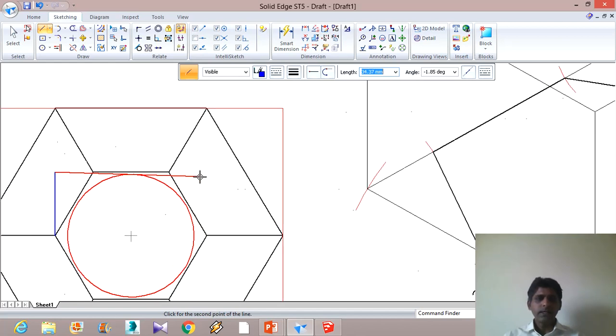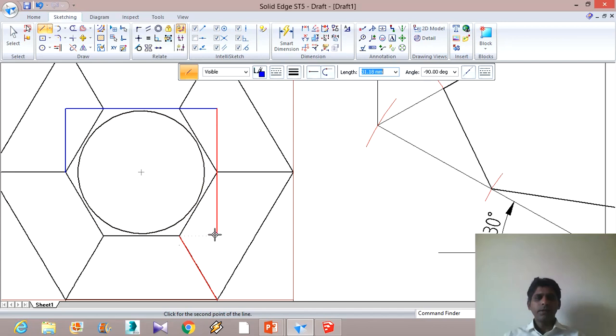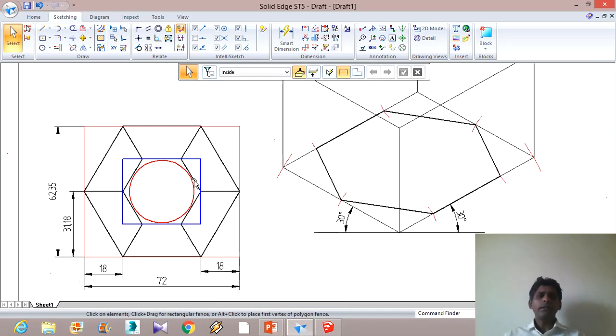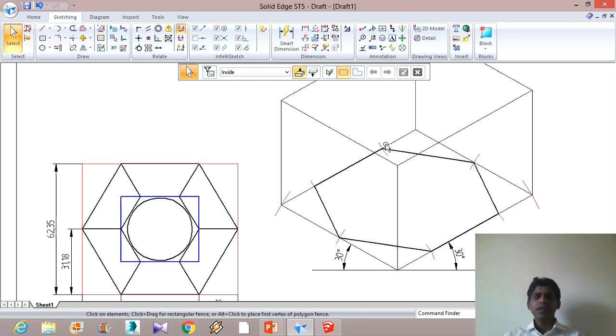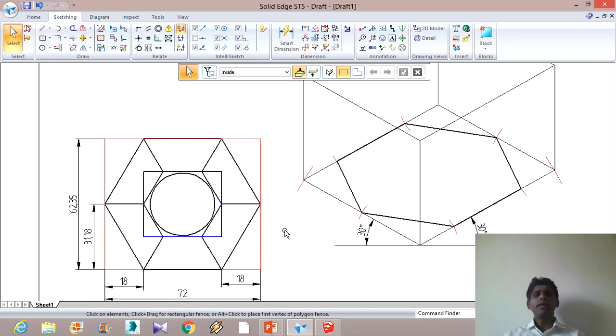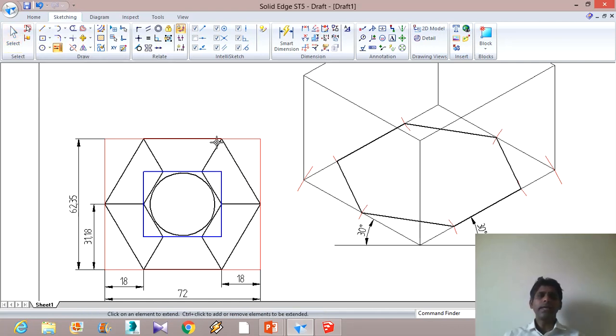Yes, it is taking a tangential to this, so I don't want a tangential. Then again from here till here. Yes. So now we have to somehow get this square here. For that, what we can do is just extend these lines, on either side, like this,